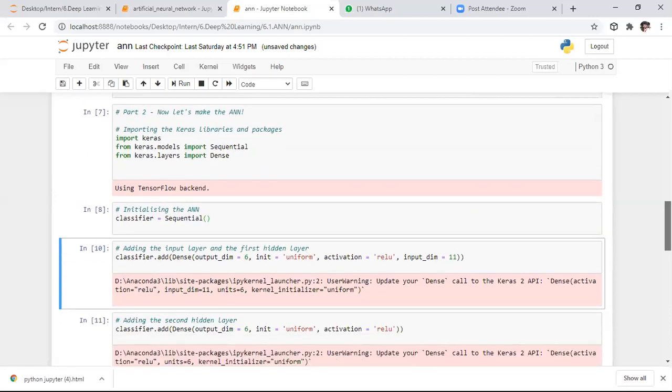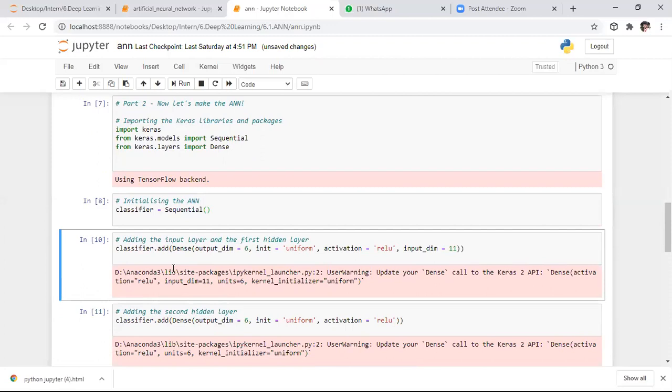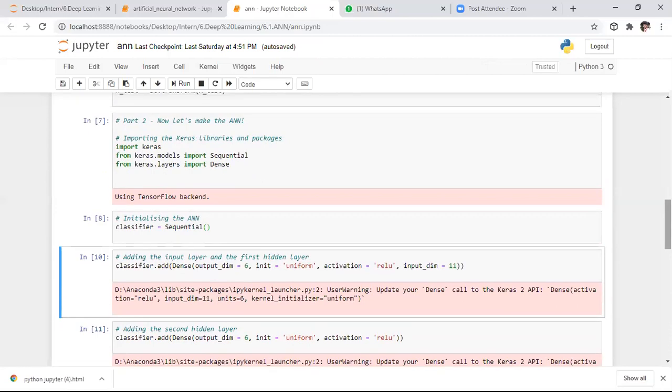After saying this, what do we need to do? We need to add one layer in the algorithm. Whenever you want to add a layer, we need to use the dense function. In the sequential model, sequential dot add, we add one layer. From the classifier, that is nothing but the sequential model, I'm adding one layer using add. Whatever layer you want to add, you add it by using the dense attribute.